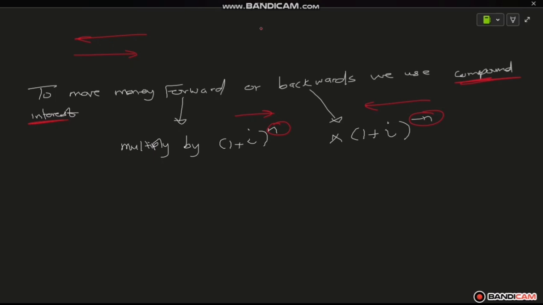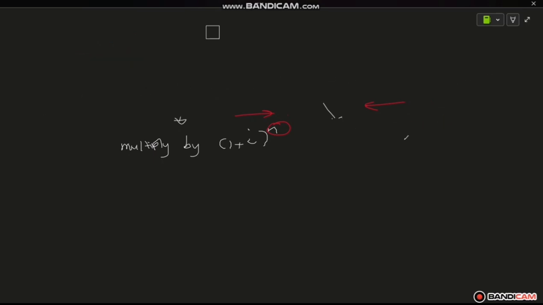We are doing this to check the worth of money over time, or how money changes over time. The money that you have right now, you can forward it, or the money that you will have in 20 years' time, you can bring it back to check its worth. So this is very, very important, because you're going to deal with it when you calculate with multiple interest rates or multiple withdrawals